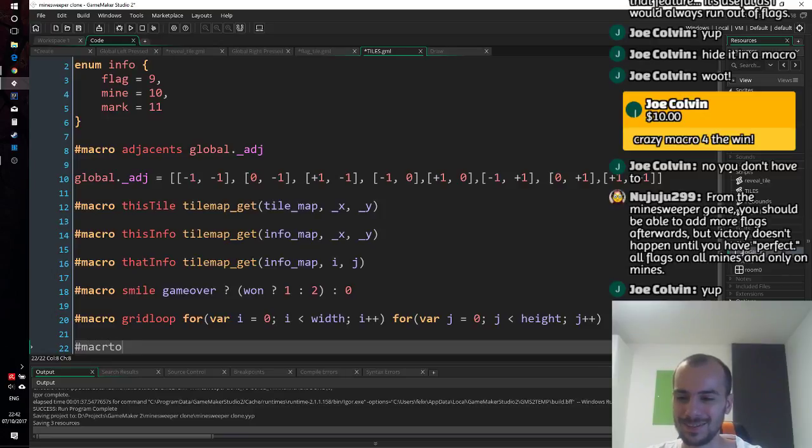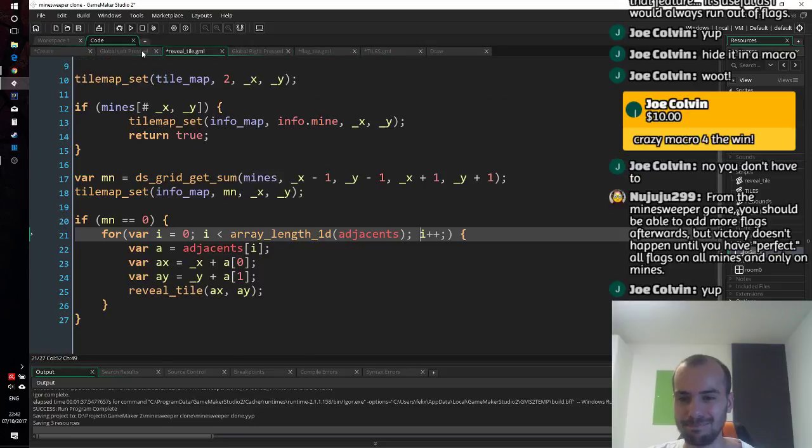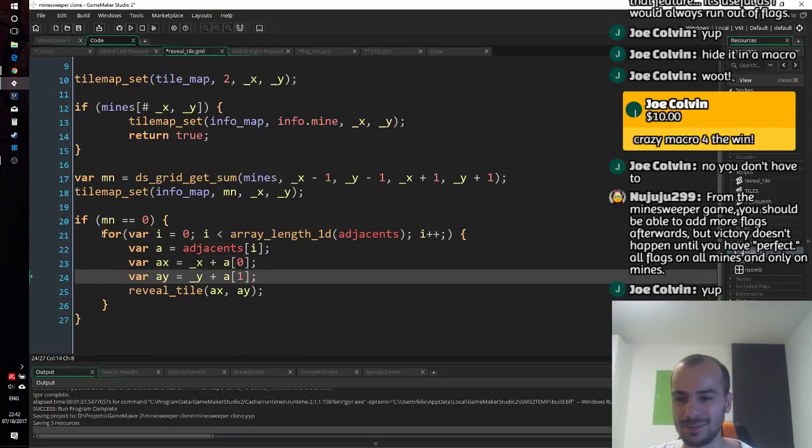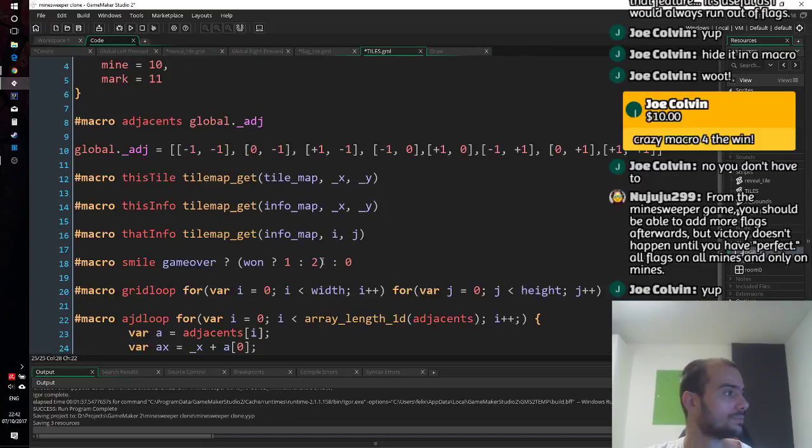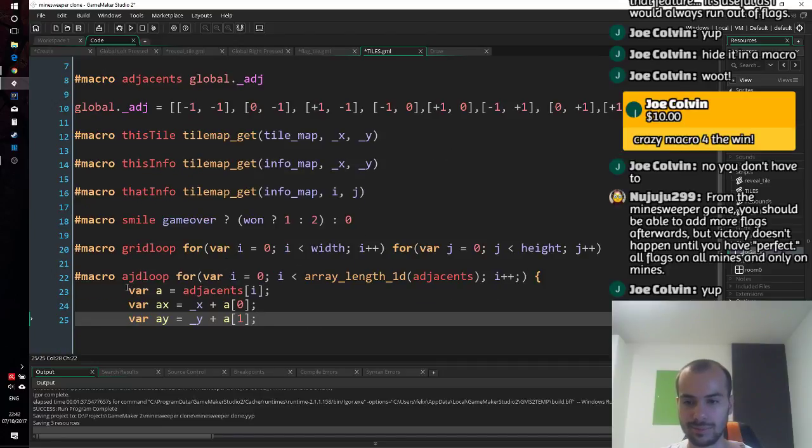But I can do macro add loop for adjacent loop, and it will basically set AX and AY. So I'm gonna copy this whole thing and deal with it. You should be able to add more flags after, but victory doesn't happen until you have a perfect, all flags on all mines only on. Yeah, okay. So I may add that as soon as I'm done writing stupid